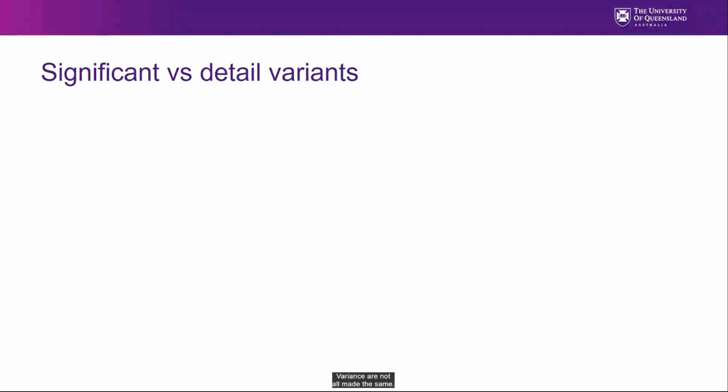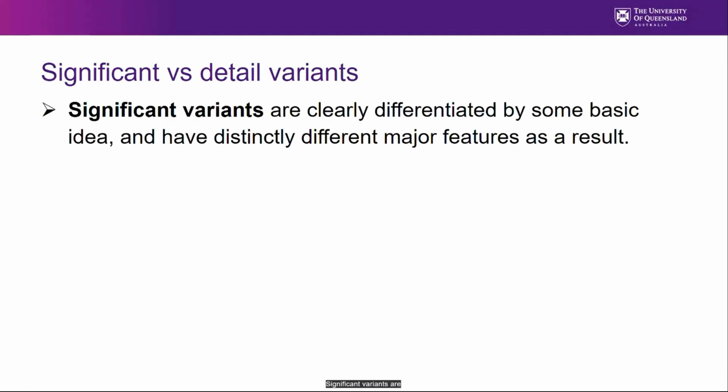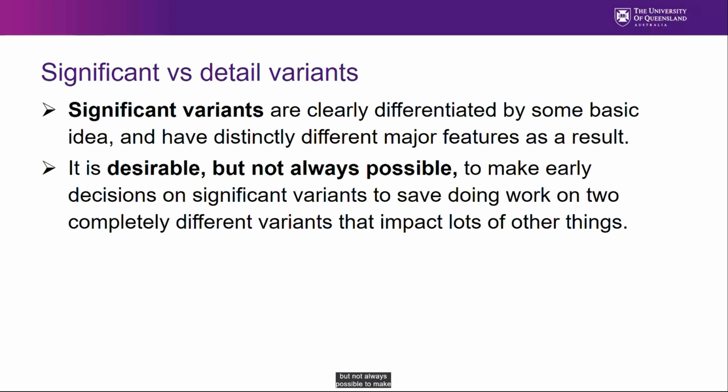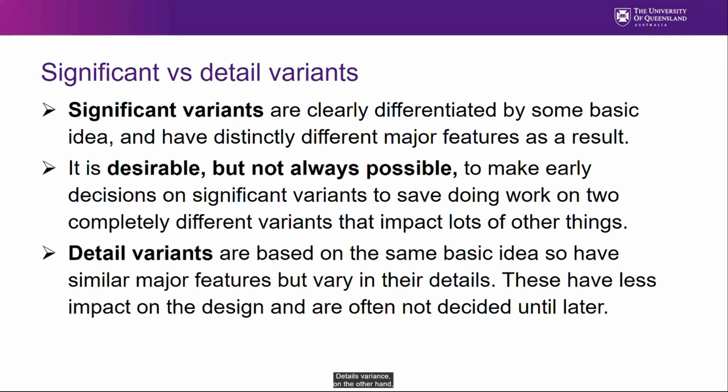Variants are not all made the same. Significant variants are clearly differentiated by some basic idea and have distinctly different major features as a result. It is desirable, but not always possible, to make early decisions on significant variants to save work on completely different variants that impact lots of other things. Detail variants, on the other hand, are based on the same basic idea, so have similar major features but vary just in the details. These have less impact on the design and are often not decided in the early stages